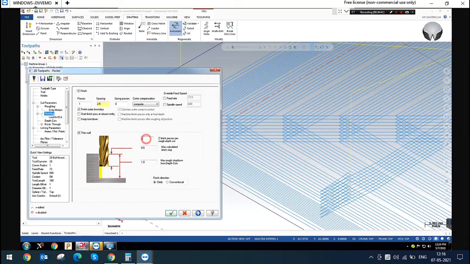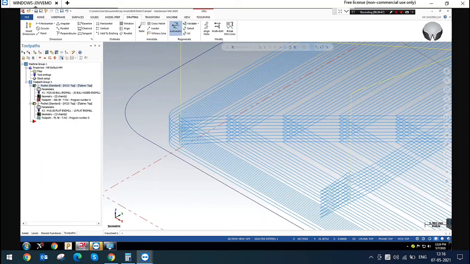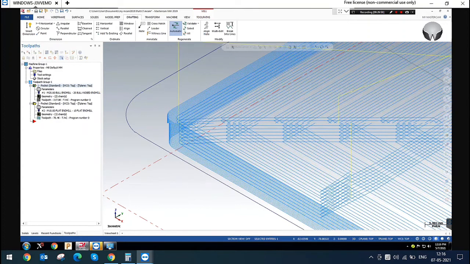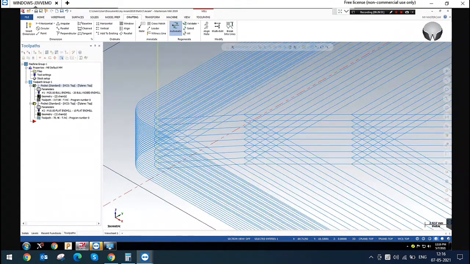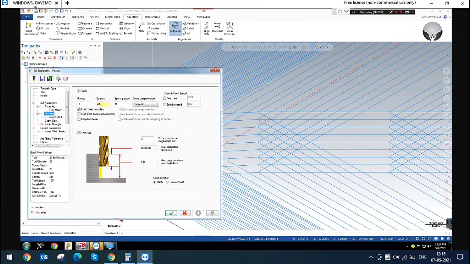Next is thin wall. How many depths do you want to run this? The depth will come at the depth step of cuts. The maximum calculated step, if you want 2 mm, you can give it here, with 5 finish passes per rough depth of cut.